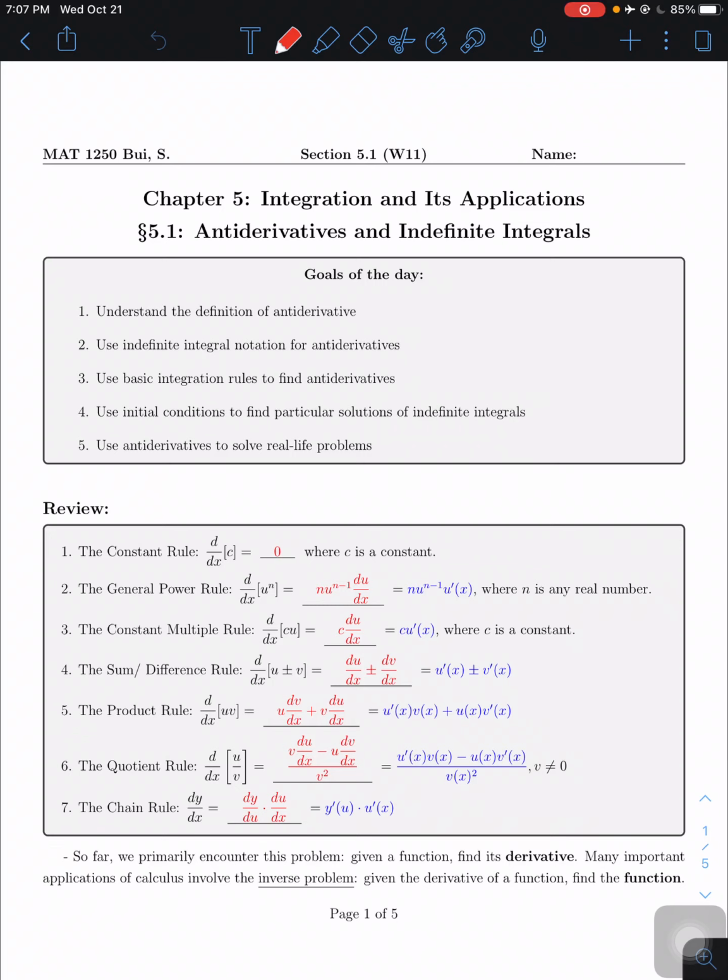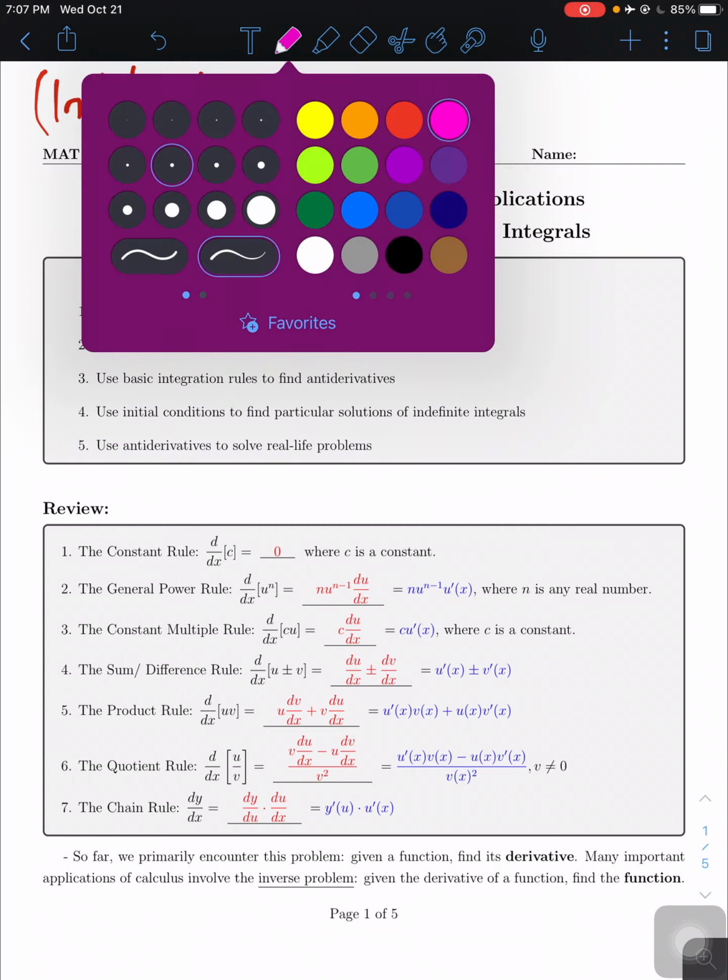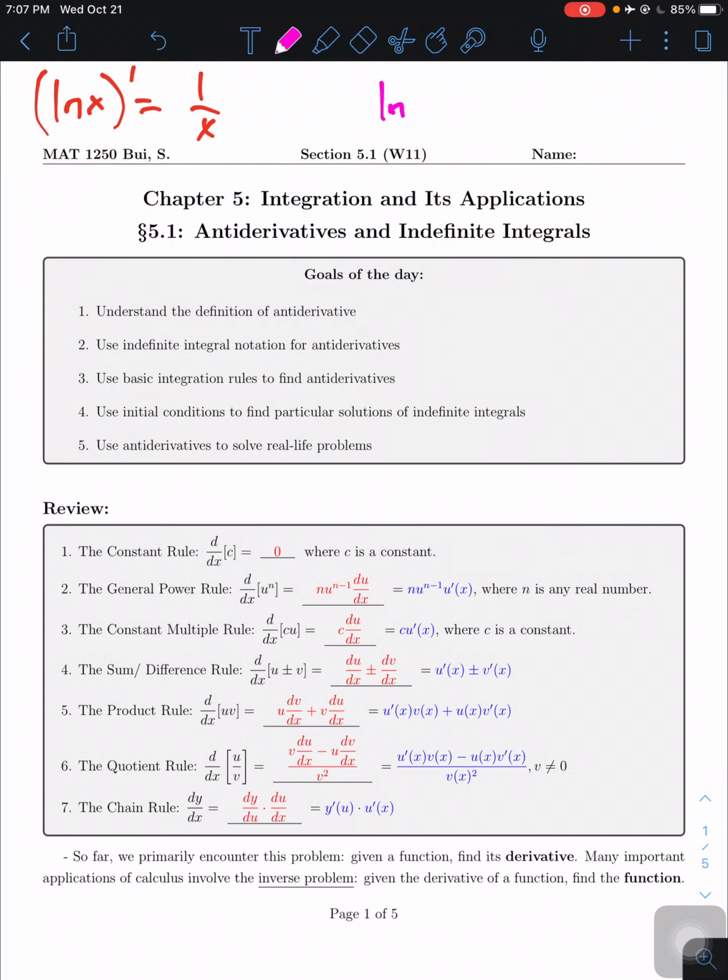Hey guys, last time in 4.5 we talked about the derivative of log functions. More specifically, we talked about the derivative of ln and other bases. So for example, the derivative of ln of x equals 1 over x. And if you have some other function rather than x, for example, say an inside function like 3x minus 5 in there,